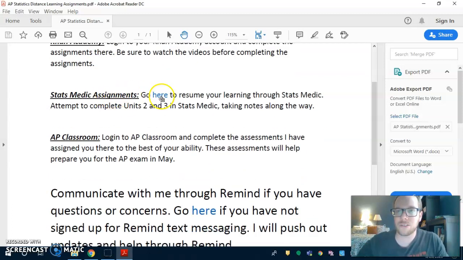StatsMedic assignments. Make sure you click our link, and you should attempt to complete Units 2 and 3 by this Friday. This Friday, you should have Units 2 and 3 in StatsMedic complete, as well as Unit 1. So please make sure you have the first 3 units in StatsMedic complete. This is all review, and you should have all of that completed. I should be able to check on that, and if I were to ask you for your responses to the free response questions, you should be able to provide those to me, whether it be through a picture or a